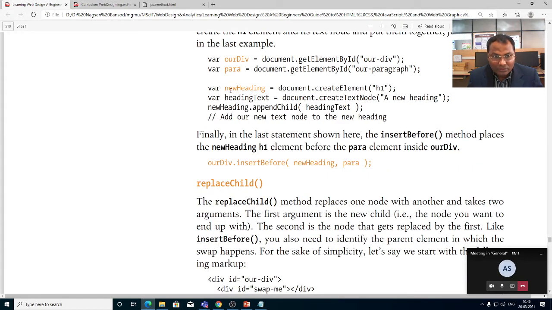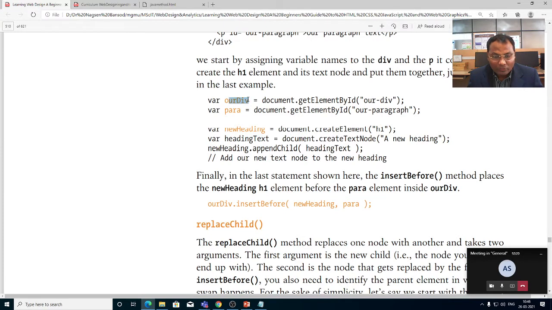Now here our div variable is created, and the paragraph is created, using document.getElementById for ourDiv and for our paragraph.